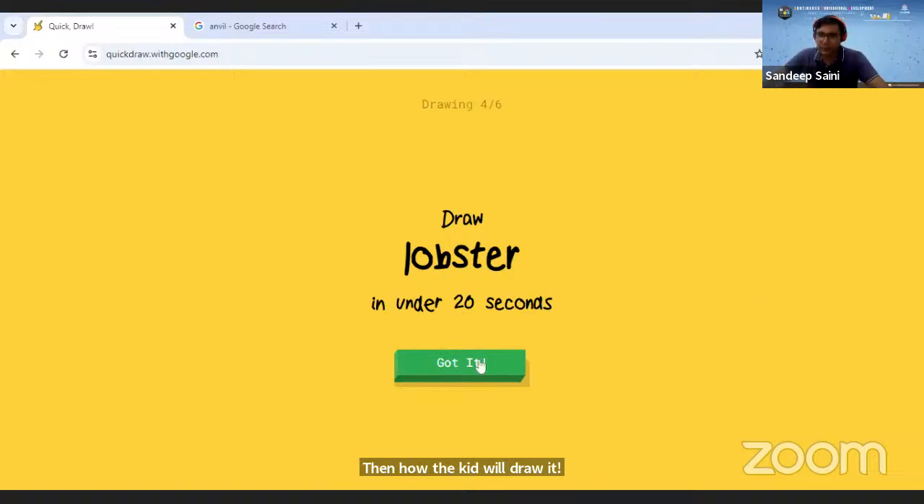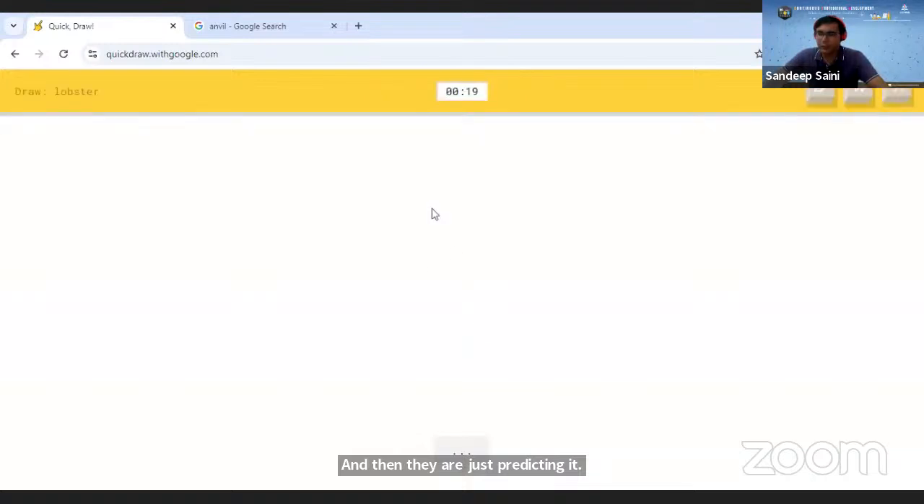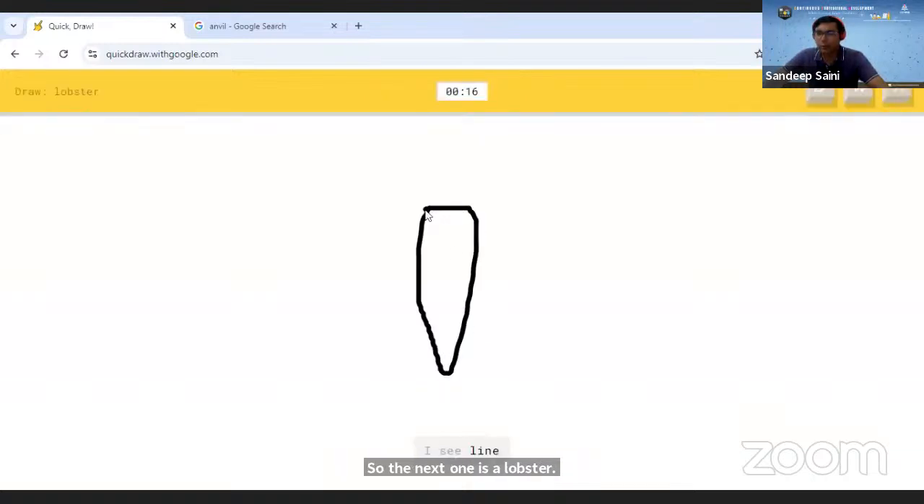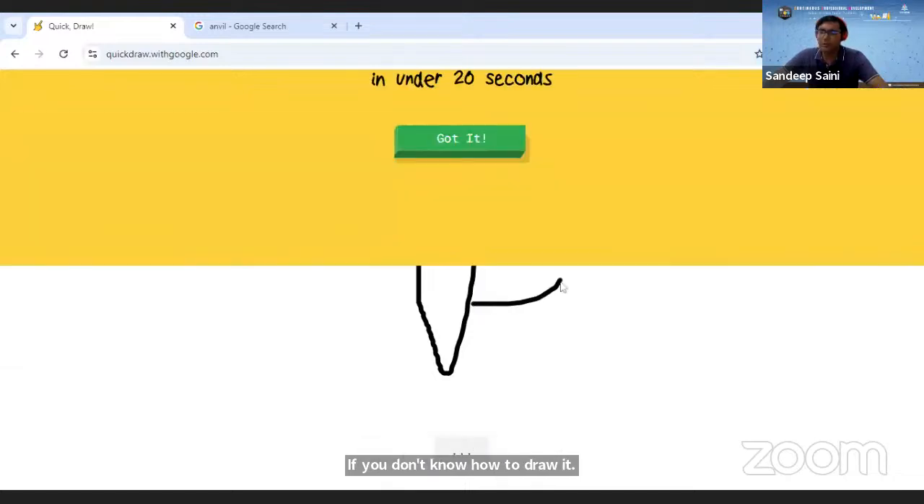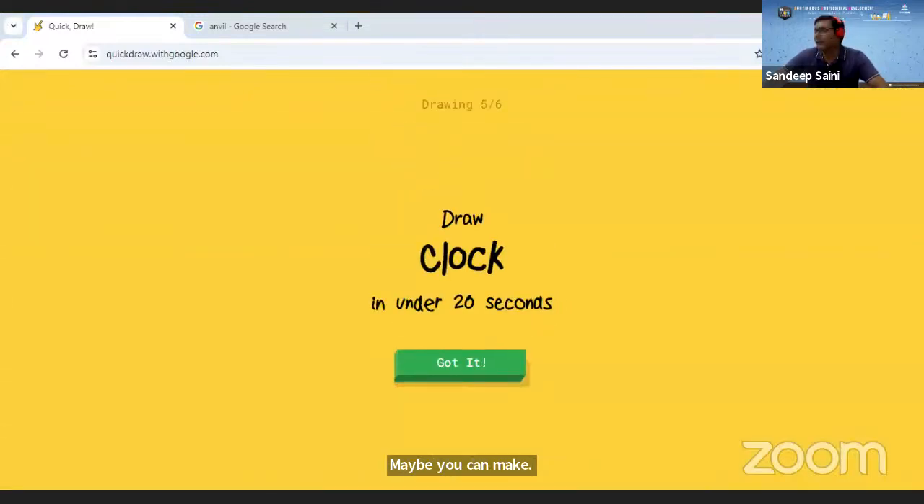So the next one is a lobster. If you don't know how to draw it, maybe you can make. So see, I was just halfway. I was just making the legs. I did not even draw all the legs. So you should also try it. You can ask your kids to try it. It's a very interactive activity